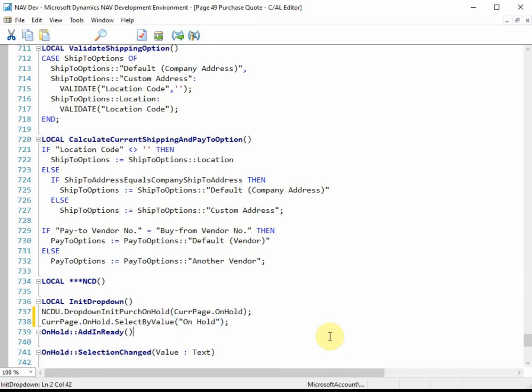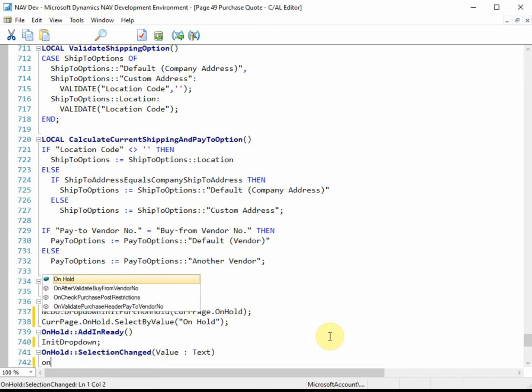Now we've just narrowed it down to 2 lines of code for the init dropdown. That may not seem like much, but when you have 10 different options, that will be. Not only that, but imagine having to update this list in the future. Instead of having to go through 5 different pages to make the change, you can just go to the code unit to make one quick change.